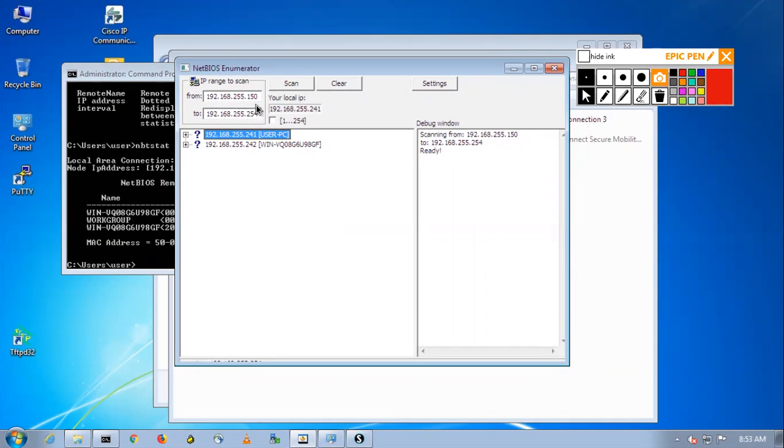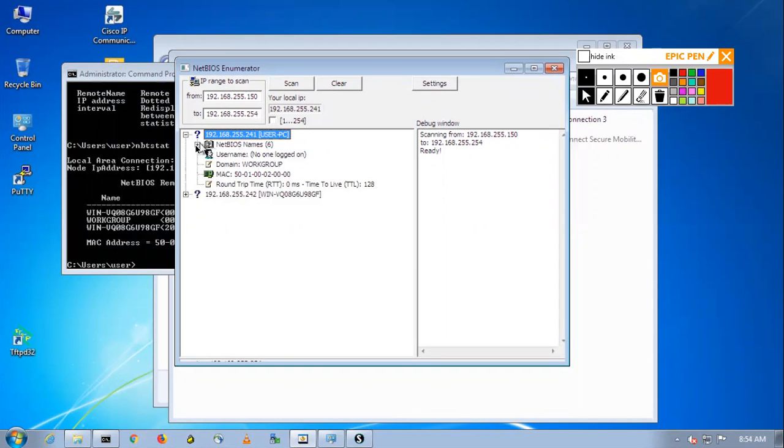I set up a range of 150 to 254, which will give me the hosts wherever NetBIOS is open. It will give you the list, and if I click on this plus icon and hit scan, it will scan. Please make sure that you uncheck this mark, else this range will not be used. It will take 192.168.1.1 instead. If you uncheck this mark, the range will be correct.